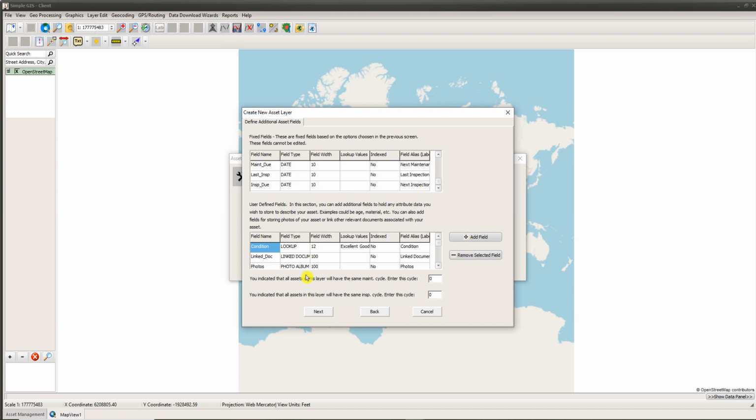Now the fields in the lower half of the screen are fields that can be edited, and they're user definable, so you can modify these fields if you'd like. You can add additional fields to describe your asset, or you can remove any of these fields that you would not like to add. Now there are several different special field types that Simple GIS defines for your shapefile layers,